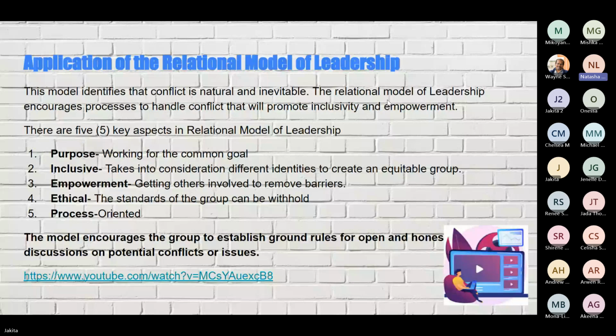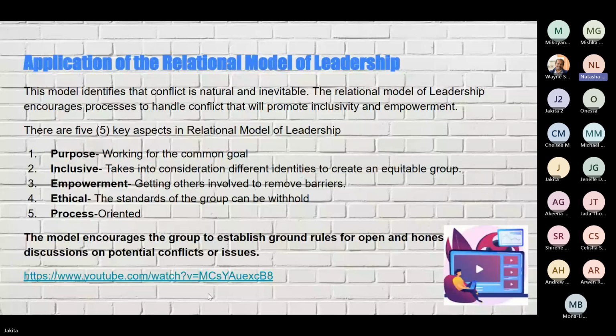1, purpose, working for the common goal. 2, inclusive, takes into consideration different identities to create an equitable group. 3, empowerment, getting others involved to remove barriers. 4, ethical, the standards of the group can be upheld. And 5 is process-oriented. The model encourages the group to establish ground rules for open and honest discussions on potential